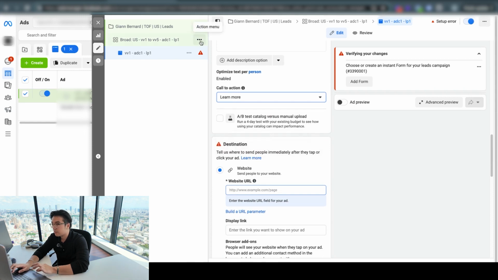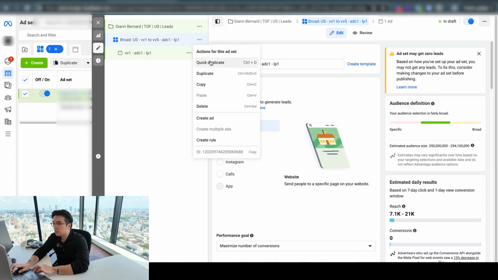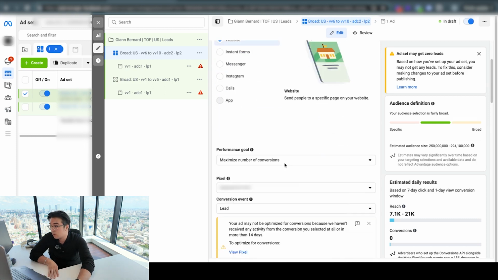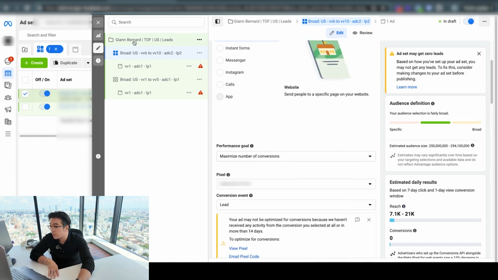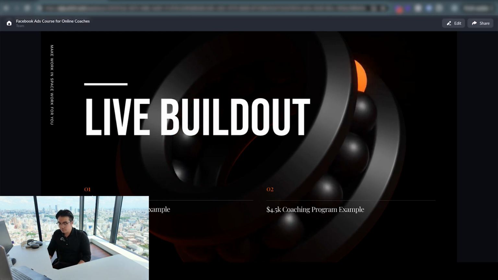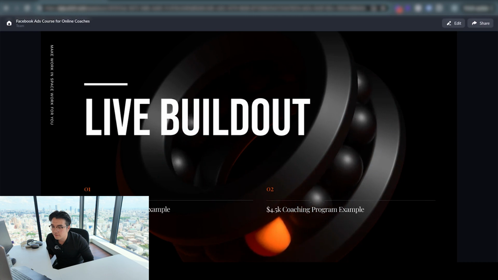And to expand even further, just click on these three buttons. Click on quickly duplicate, so you can work on another ad set that has the same optimization goals. So video 1, you can do video 6 to video 10 with ad copy 2 and LP 2. So this is just a simple breakdown of how to create and navigate through the campaign, ad set, and also ad level. Obviously, you want to add all your videos and your ad copy as well. And that's a live breakdown of a $2,000 a month ad spend example. Very, very simple. You just need 2 ad sets for that low amount of spend.